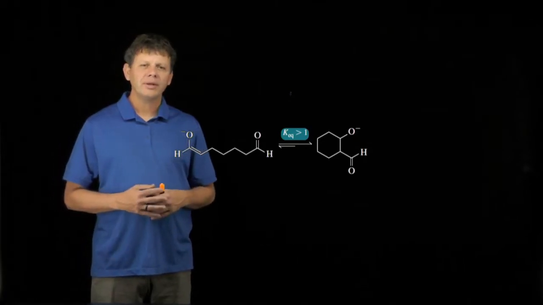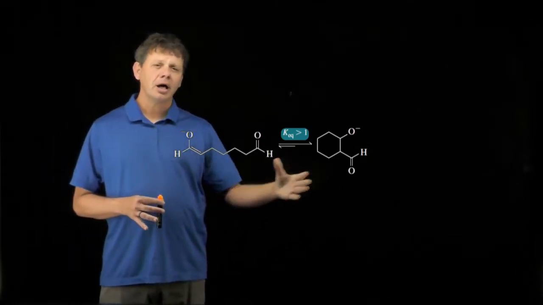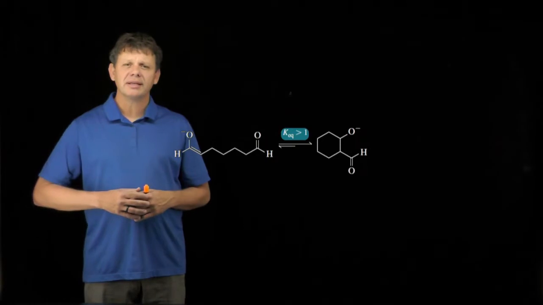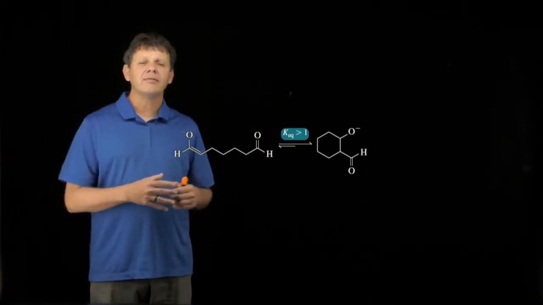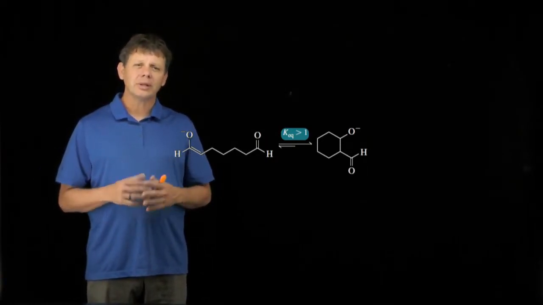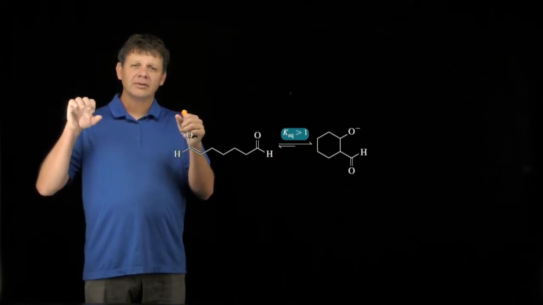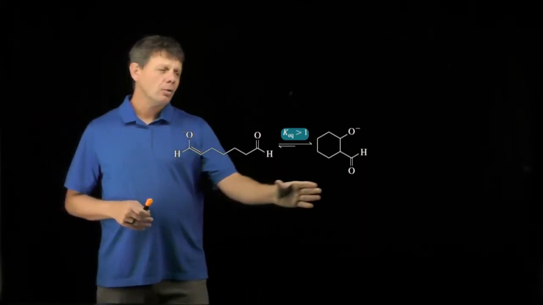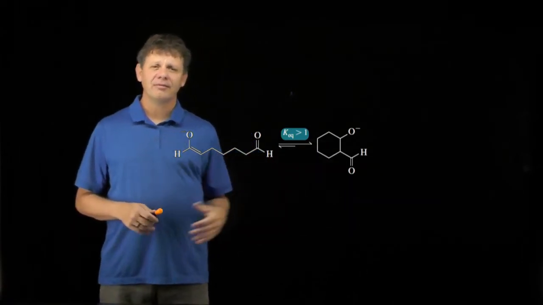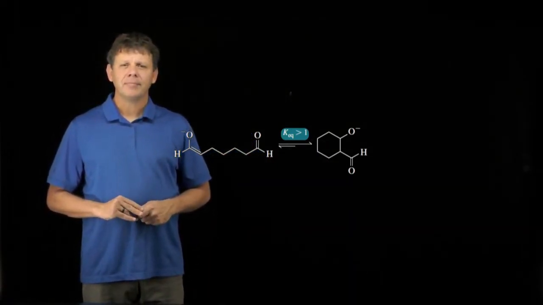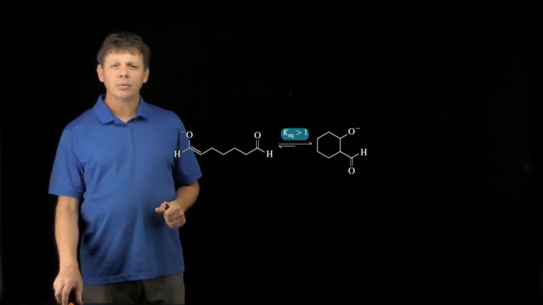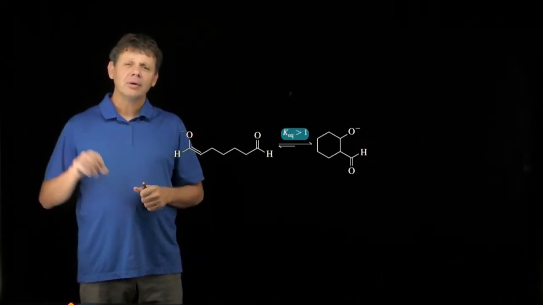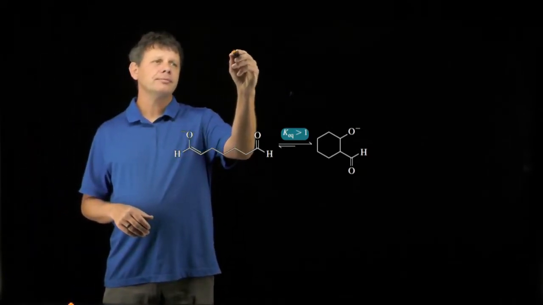This assessment points out that this step, unlike any step we've seen previously in an aldol reaction, is favored to the right. So usually this step in an aldol reaction between an enolate and an aldehyde would not be favored to the right, but here, when we're making a ring, it is favored to the right. Why might that be? Well, in the normal aldol reaction, when we're doing it intermolecularly, we're reacting two molecules, and